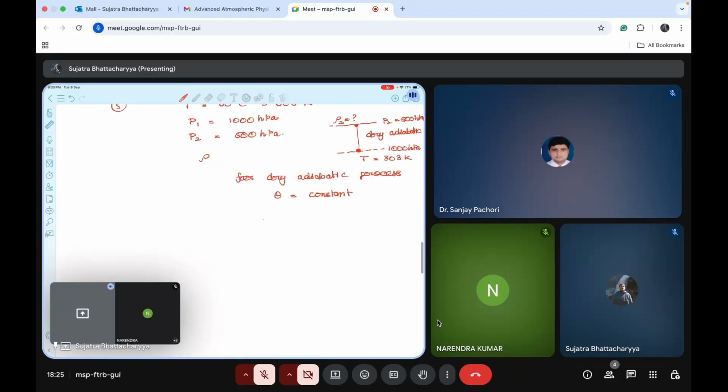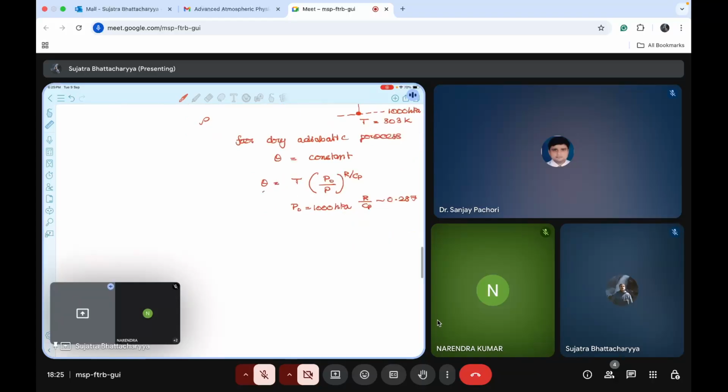And what is the definition of the potential temperature? It is simply T into P naught by P to the power R by Cp. What is R by Cp value? We have also seen this, 0.287. What is P naught? Generally it is taken as 1000 hectopascals. So theta is constant, therefore